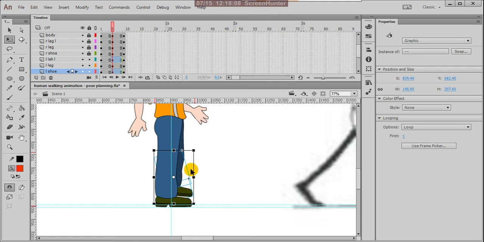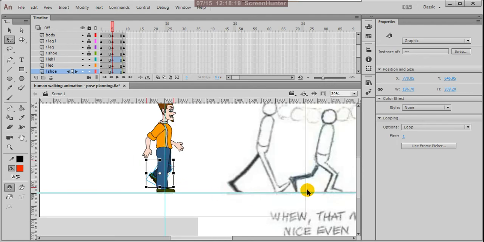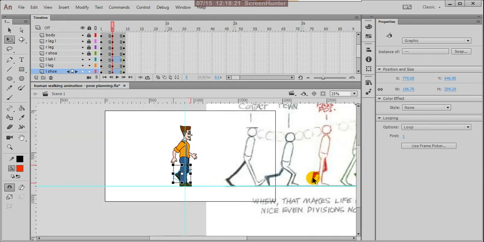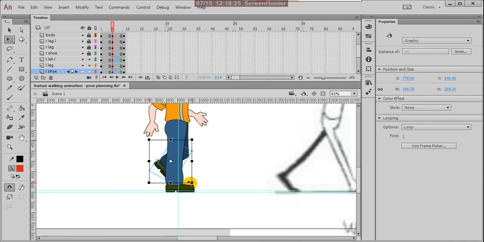Just you follow me, observe this, this is very important. And you can turn this, because this is a folded leg. Yes, it's a folded leg.